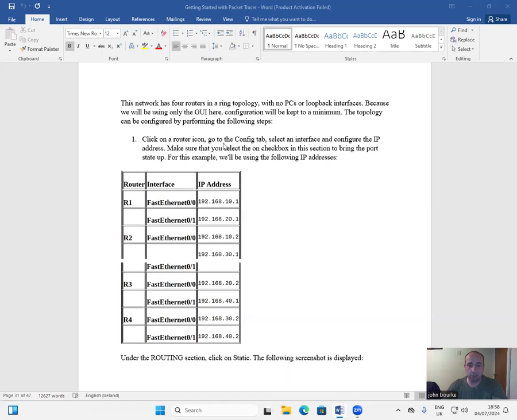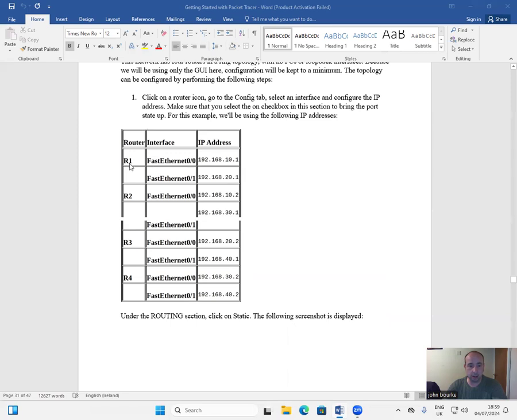The topology can be configured by performing the following steps. 1. Click on the router icon, go to the Config tab, select an interface and configure the IP address. Make sure you select the checkbox in this section to bring the port state up. For this example, we'll be using the following IP addresses. R1, FastEthernet 0/0: 192.168.10.1, FastEthernet 0/1: